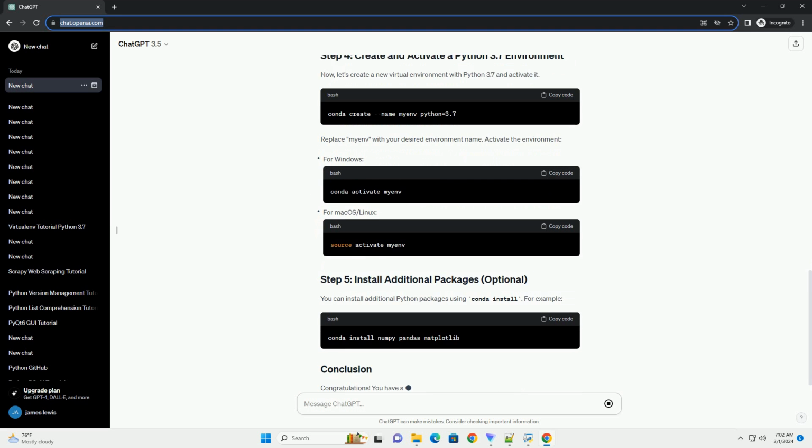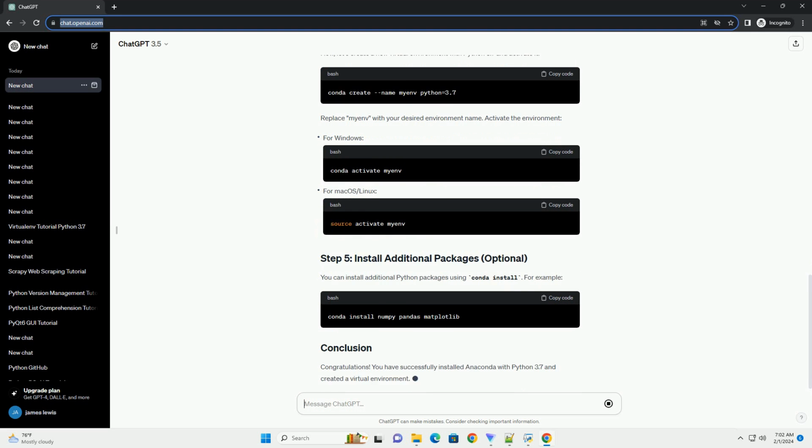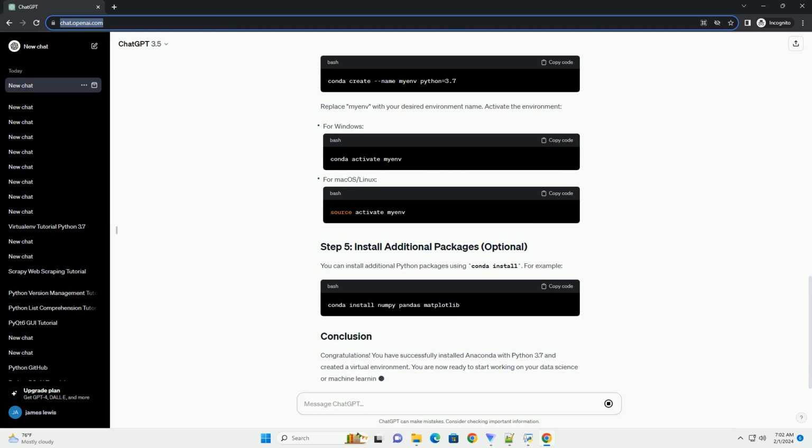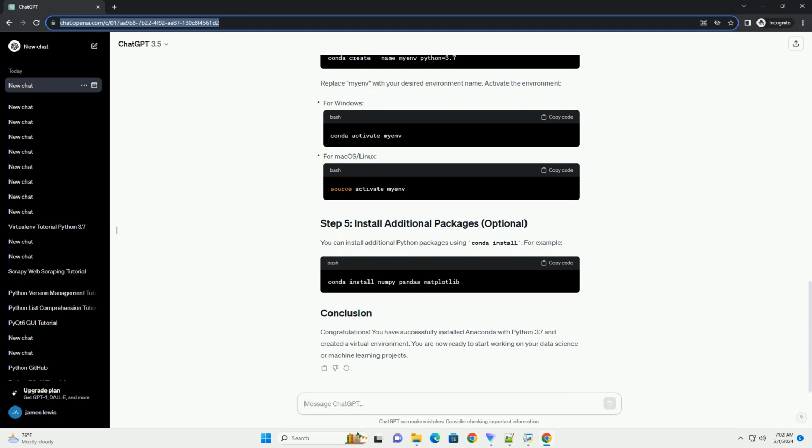Now, let's create a new virtual environment with Python 3.7 and activate it. Replace myenv with your desired environment name. Activate the environment. For Windows: for macOS/Linux: You can install additional Python packages using conda install. For example,